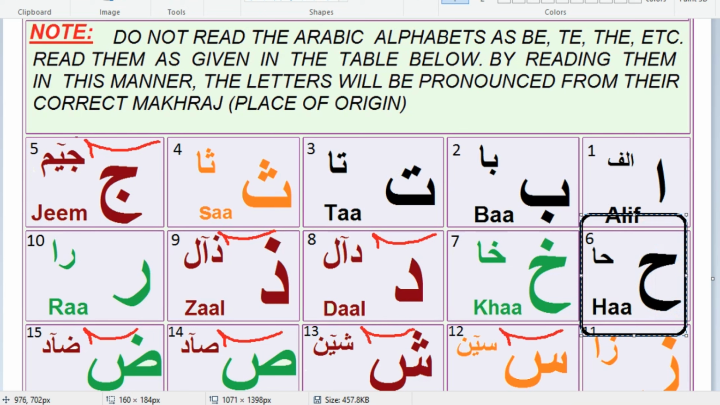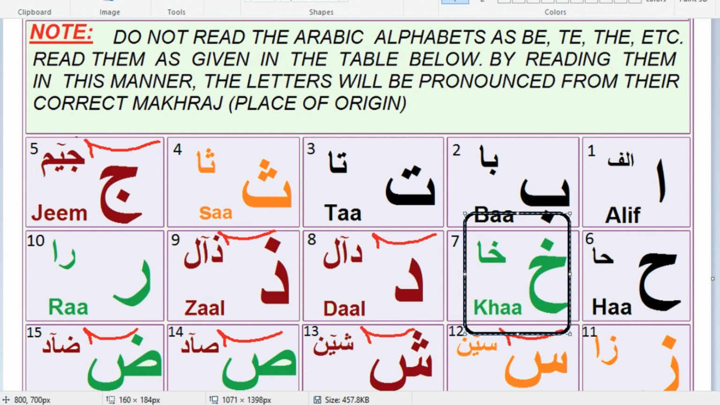What is this again? Ha. One more time. Ha. Very good. Next, look at there. The same shape which looks like a bird, okay? But with one dot up. So it is also in the green color, which I will tell you about inshallah in the next lesson. So the spelling of this letter is